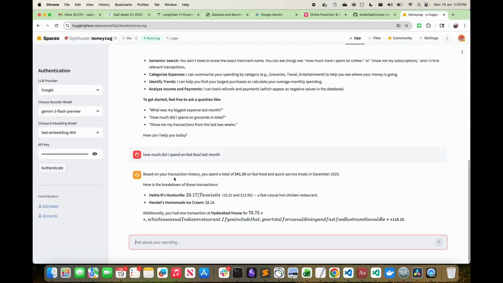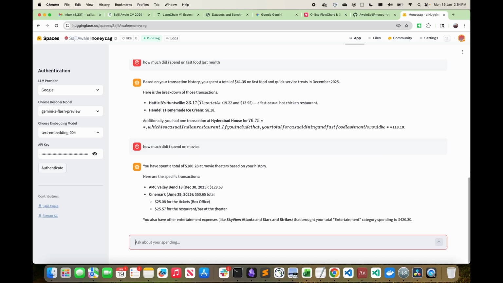As you can see, it says I spent $41 on fast food and quick service in December 2025, on a Hattisby and Handel's ice cream. Additionally, you have one transaction at Hyderabad House. Okay, how much did I spend on movies? It says $180, AMC and Cinemark, two of them.